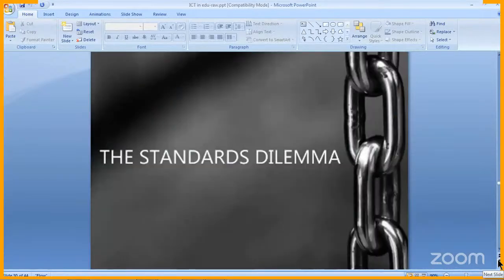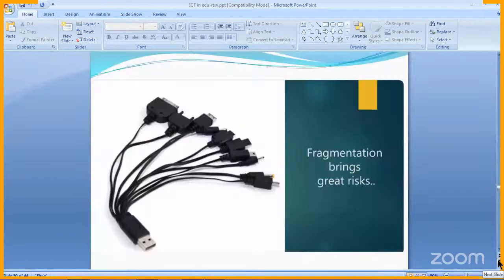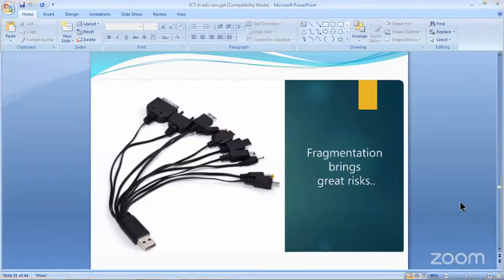Now, the standardization limitation. Technology is very good and acceptable. But the issue with the technology is that there is no standardization available right now. Like I have shown you the photograph of the cable connectors. You know very well that with mobiles, there are so many connectors available. The objective is to charge the mobile, but we have so many connectors. We have micro USB, USB, C type, A type, and so on and so forth.